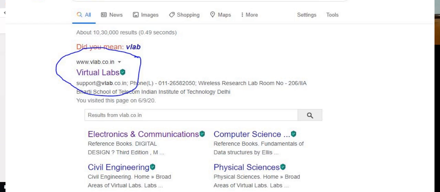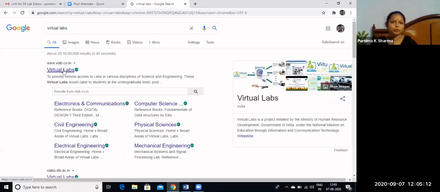See, in Google, just write VLabs. See, this is the website www.vlab.co.in.